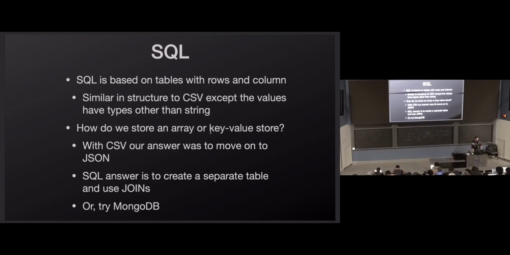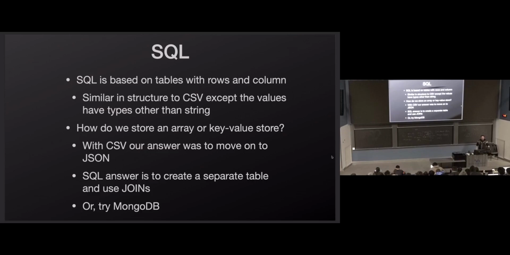So what if we want to do something a bit trickier? What if we want to store key value pairs or an array, some data structure? So I have a table called students. It has your name and person number, your UBIT, and it has your scores for all the homeworks. How do I store those scores in a single column when it might be a different number of scores? I'm worrying that that's a bad example because it would be the same for all of you. But what if I want a column that keeps track of your recovery opportunities used, and it has a string for each thing that you've used a recovery opportunity on? How do I jam that into one single column in SQL?